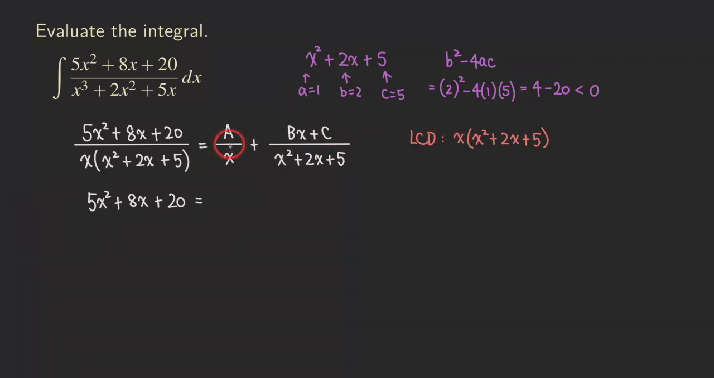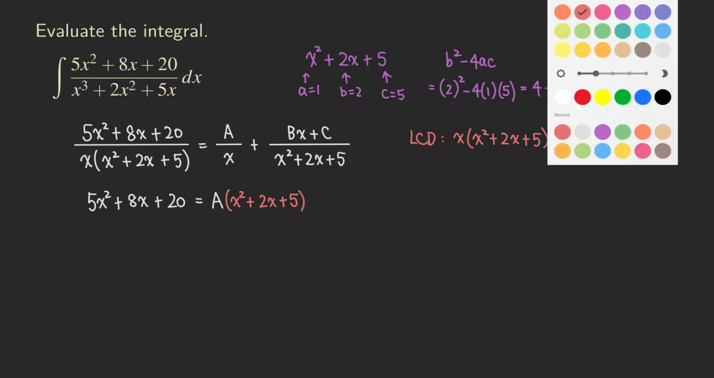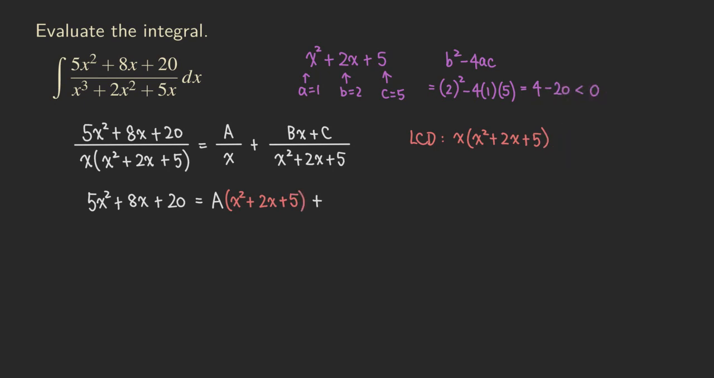So if we multiply this fraction, a over x, by this LCD here, then the x's will get canceled. And then we are just going to be getting an a here, times whatever is left that didn't get canceled. So we are going to be multiplying the a by this expression, which is x squared plus 2x plus 5, plus